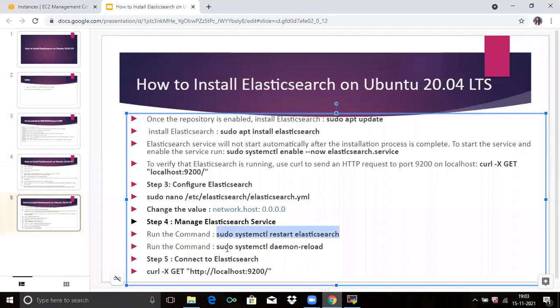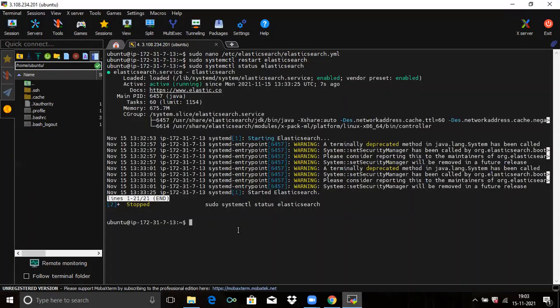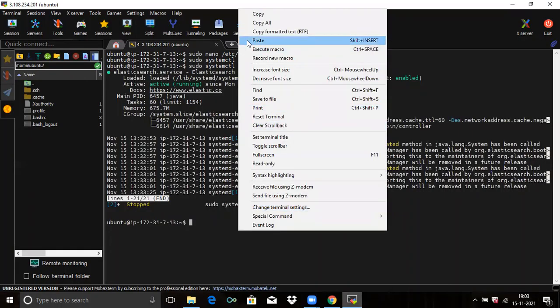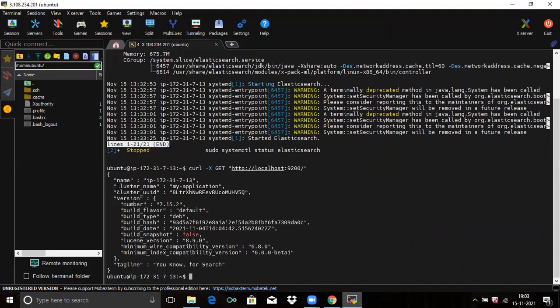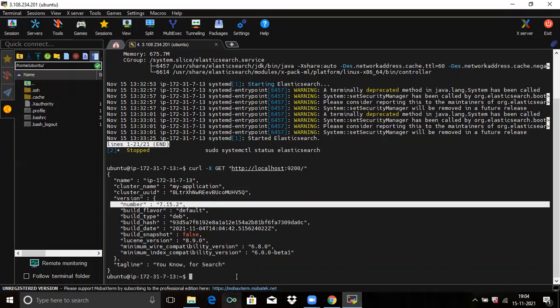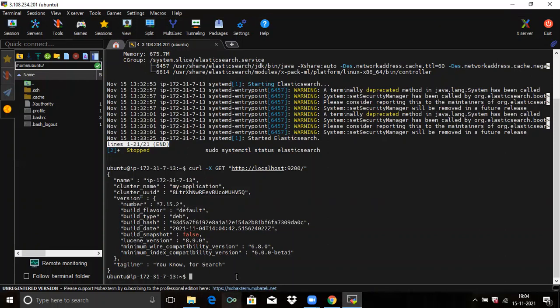Then now connect to Elasticsearch. Run this command. Now you can see the changes. You can see the cluster name, my-application, and then the version. So now Elasticsearch is ready to use.